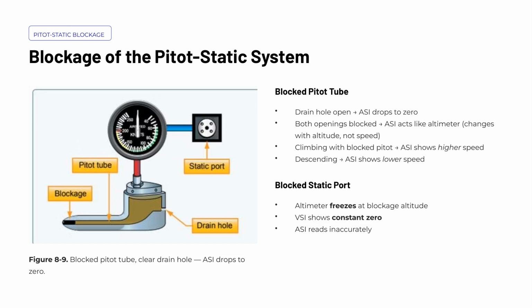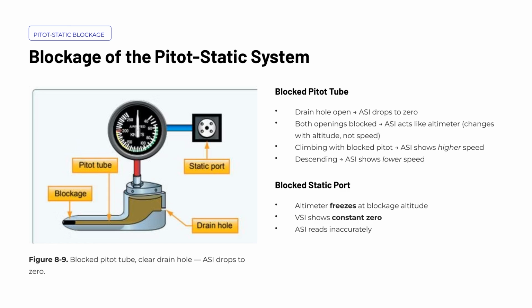However, if both the pitot tube and the drain hole are blocked, ram air pressure becomes trapped. In this case, the airspeed indicator behaves like an altimeter. It responds to changes in static pressure rather than actual airspeed. During a climb, the trapped pressure makes the ASI show increasing speed, and during a descent, it shows decreasing speed. This is a particularly deceptive failure because the instrument continues to respond, just not to what you think it is